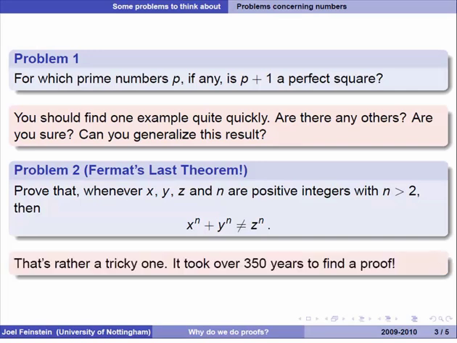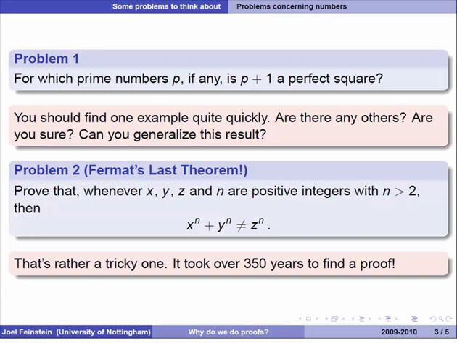Well, turns out that it can't be done for any value of n bigger than 2 with positive x, y, and z integers, but it took 350 years to prove it, in spite of the fact that Fermat claimed that he had an elegant proof that was just too long to fit in the margin of the book that he was reading at the time. It stumped people for 350 years, and goodness knows how much background you need to understand the full proof that it is now, because it uses so many advanced tools from number theory.